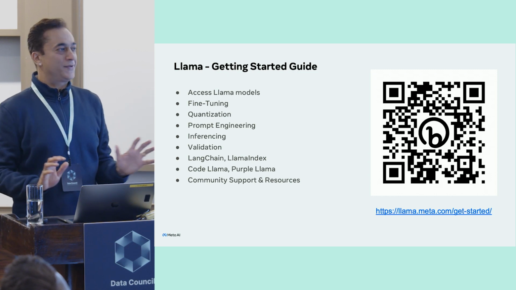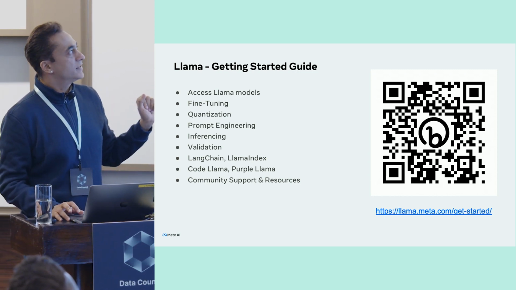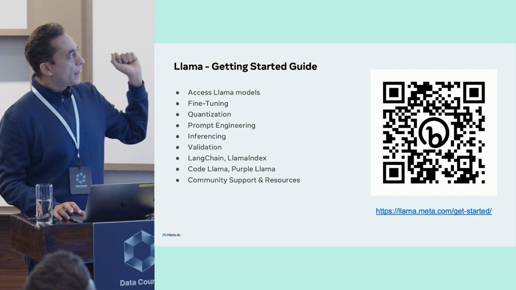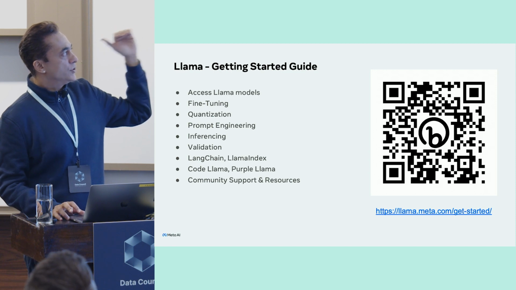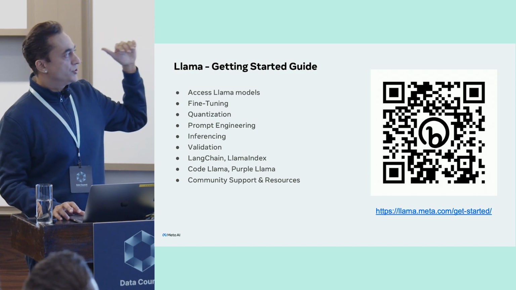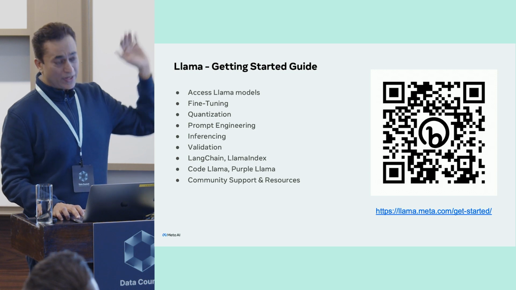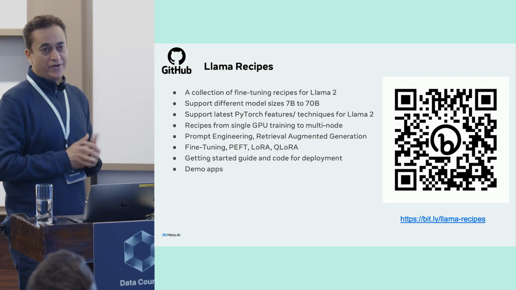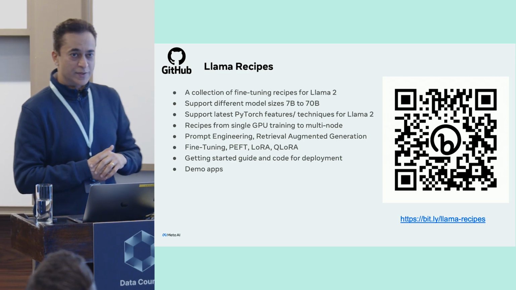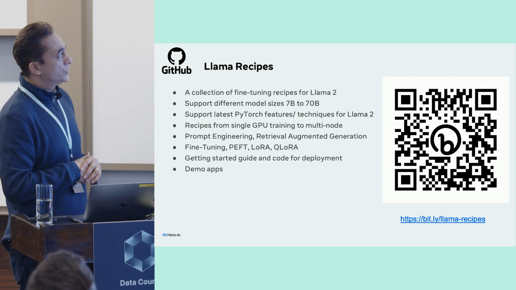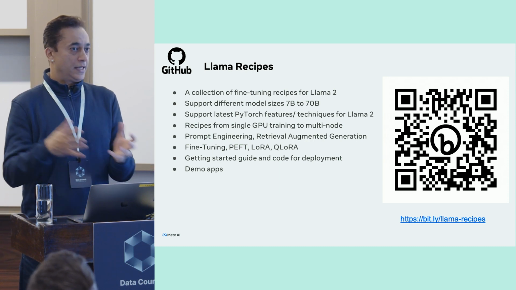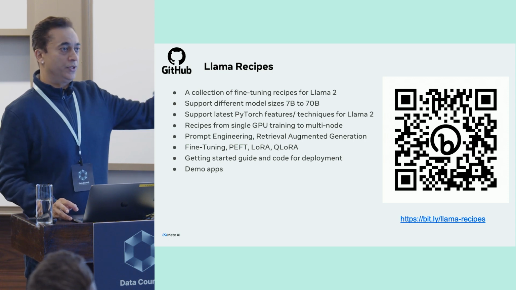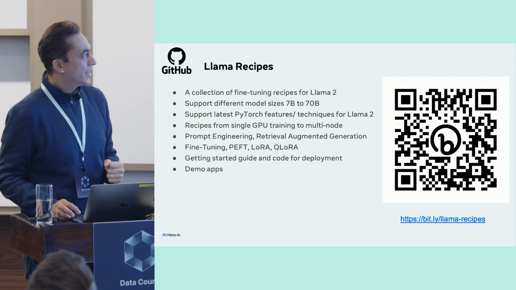So here are some of the resources. If you don't get anything from this talk, make sure you take this, because everything I said is in the Getting Started Guide here. Everything about accessing the models, fine-tuning, how to do quantization, prompt engineering, and so forth. You can also search on Llama Getting Started Guide, and you'll get there. And this is also very critical, Llama recipes. This is a GitHub repo, which my team has built. And this allows you to take any model and fine-tune it. Meditron and Geo used this GitHub repo to build their use cases. So you can also use this.